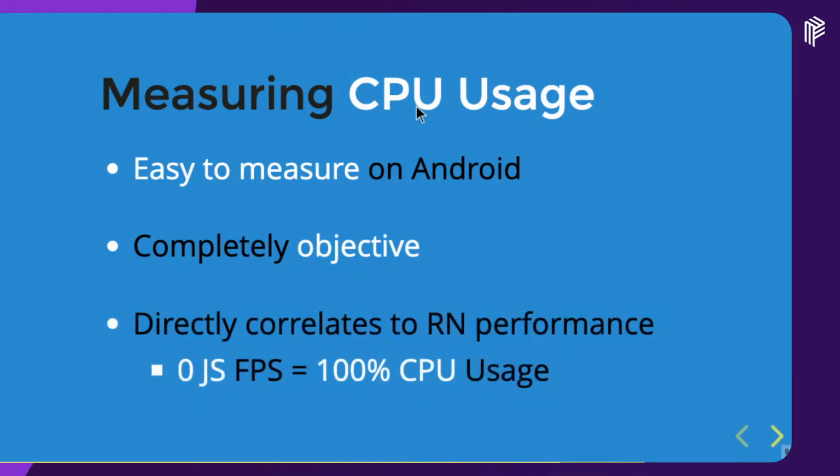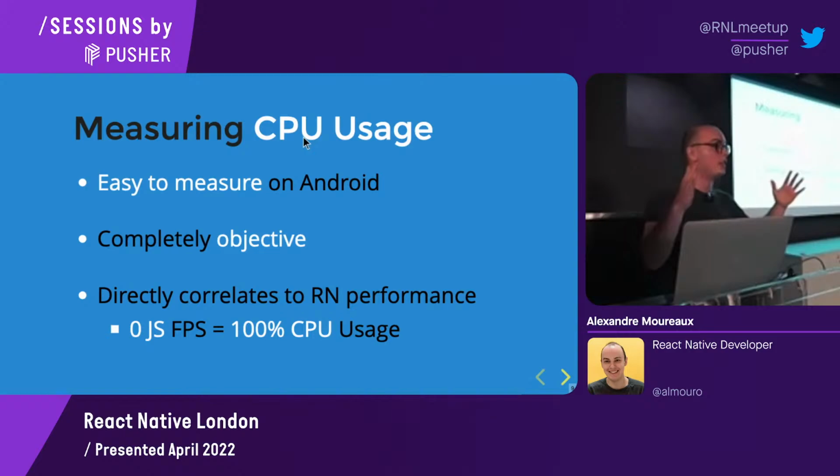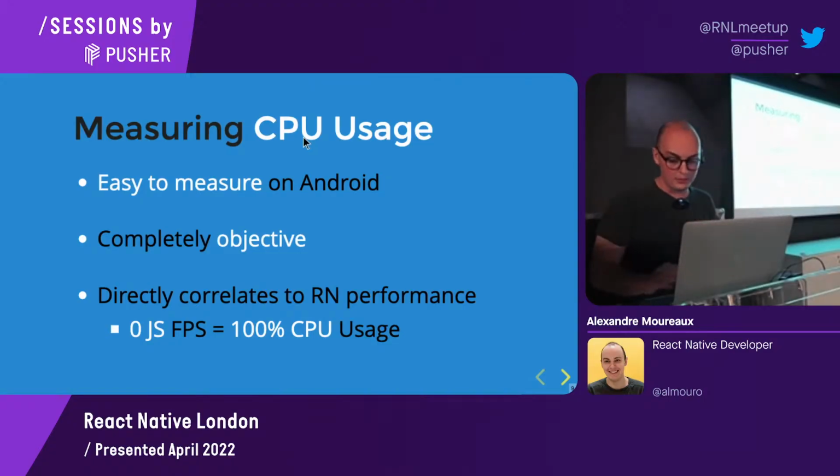And also, in React Native, what's kind of nice is I was saying we should avoid 0 JS FPS. Actually, it directly correlates to basically the JS thread using 100% CPU. So it's using it for a while, and that's why it cannot respond to the events, because it's just killing one CPU. And since we have one thread, it can only use one CPU. For example, this phone has 8 cores, so technically it can do 8 things in parallel, but the JS can only be one thing in parallel. So if it uses 1 core in total, then the app's not responsive. So this is what we want to avoid.